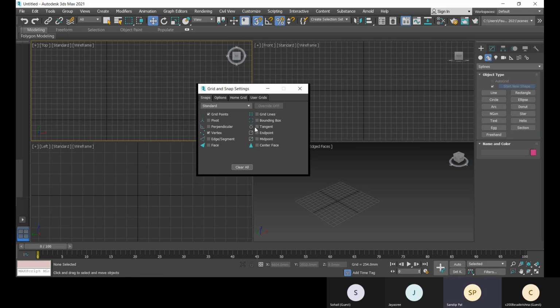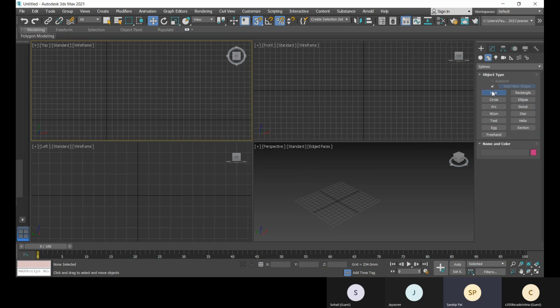Don't make all these options available unnecessarily, only check what is required. Right now I need grid points, so I will only check grid point. There is no okay option, so just check it and cross, and see line. So we have line, rectangle, circle, arc, all these shapes. Text is also available here, where you will get more options with text.